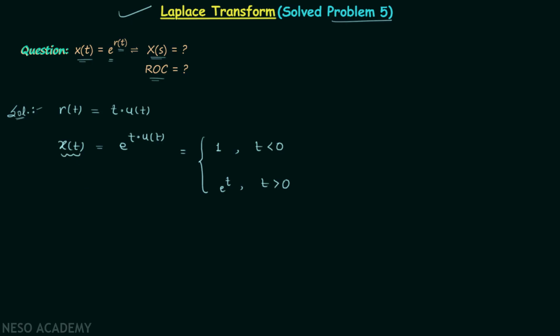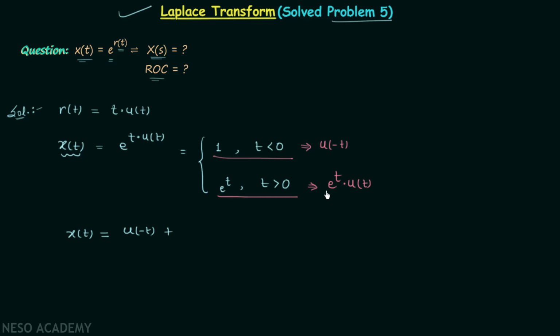And if you focus on this part of the definition, you will find this implies u(-t), because u(-t) is equal to 1 when t is less than 0, and it is equal to 0 when t is greater than 0. And when you focus on this part of the definition, you will find it is equal to e^t multiplied by u(t), because u(t) is equal to 1 when t is greater than 0. So we have x(t) equal to u(-t)